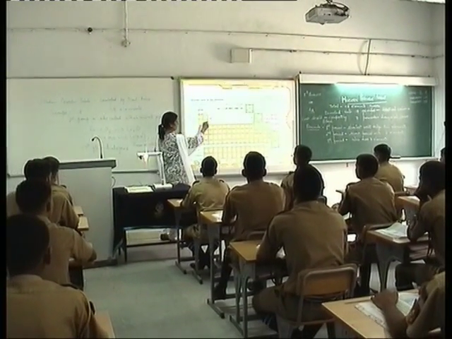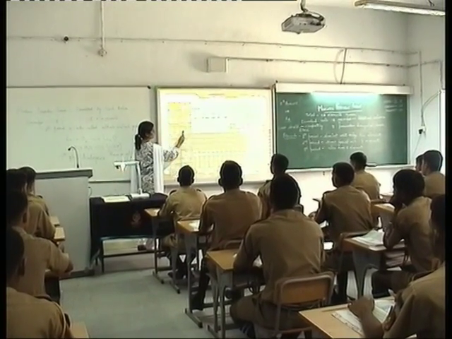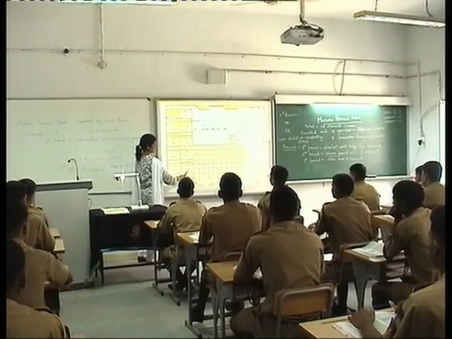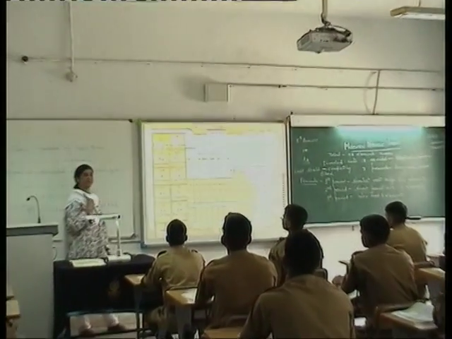Similarly, we have the second group elements: beryllium, magnesium, calcium, strontium, barium, and radium. These are called alkaline